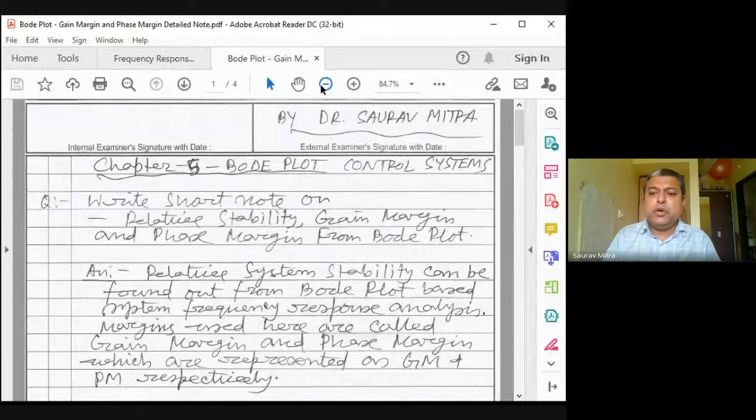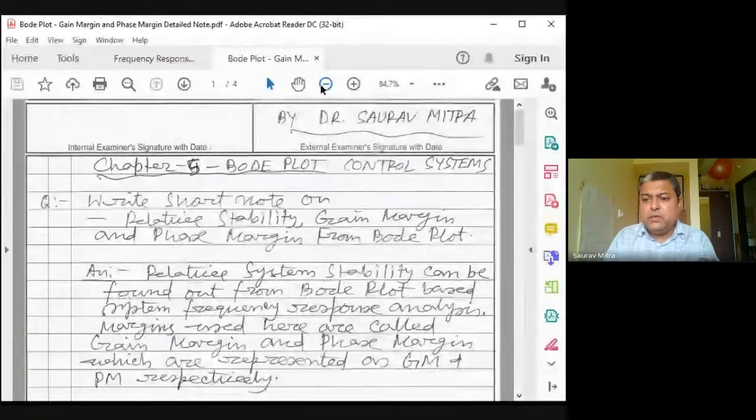That is written in the book also, but students don't care. Bode plot drawn, 10 out of 10 marks, done. No, how to draw it? MATLAB can draw it in one command, like you have seen for root locus. In 1 second it can give you the plot. That is not important. After drawing a Bode plot, what conclusion can you draw from it?